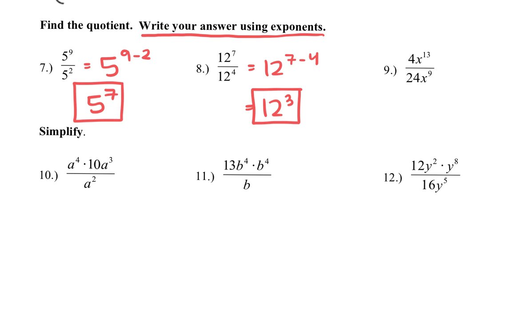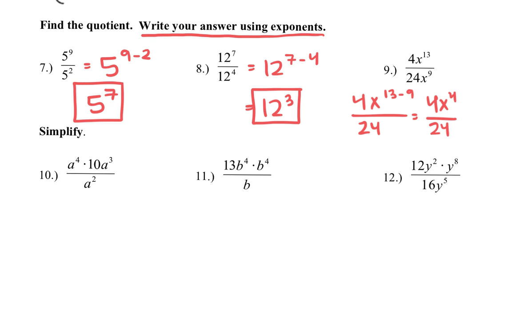Now 9 is a little bit different because on 9, x is the base. 4 and 24 are the coefficients. They are not what's getting repeated. It is the x that is getting repeated. All right, so I'm going to start by dealing with the exponent. So this would be 13 minus 9 here, and I'm going to leave the 4 and the 24 alone for just a moment. So this is 4x to the 4th